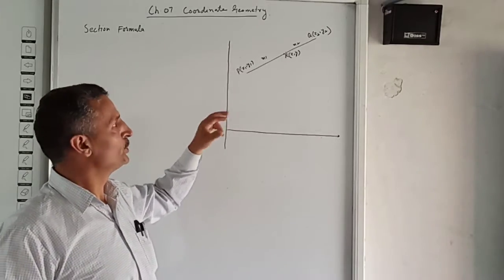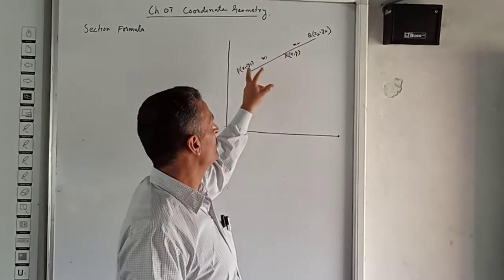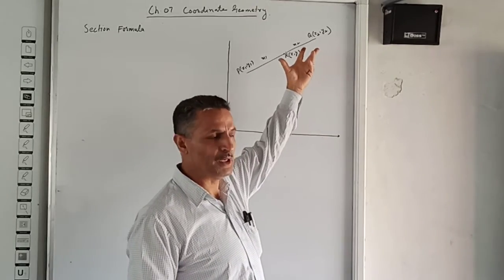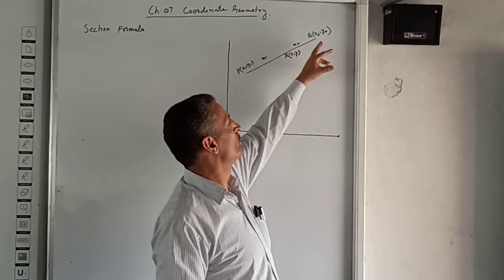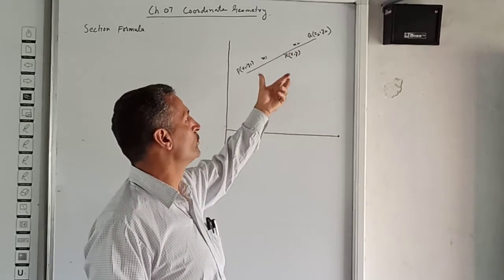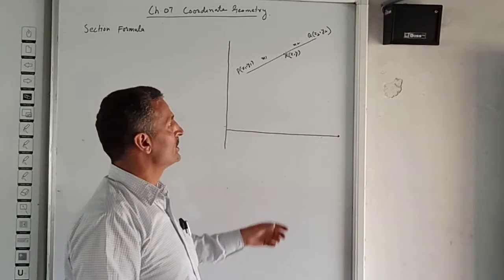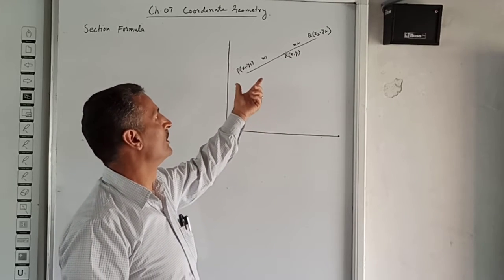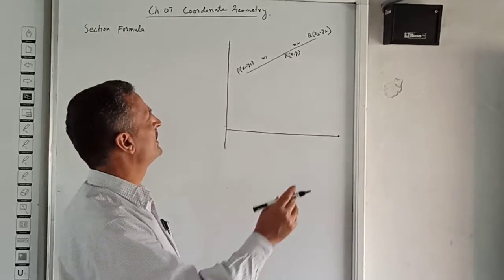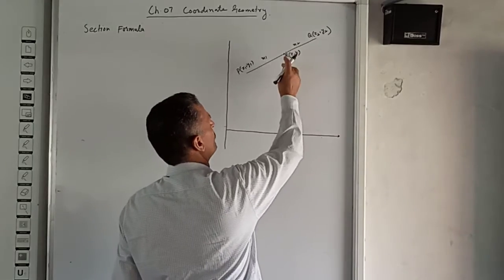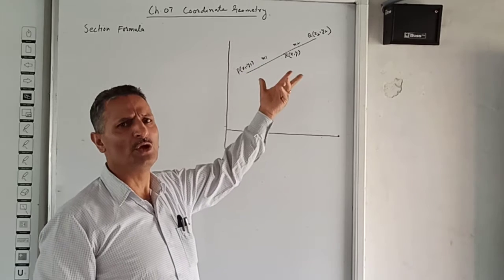What is the section formula? You know the distance formula, you know the distance between two points. P and Q are two points in a Cartesian plane. The point P is (x1, y1) and Q is (x2, y2). Now there is a point R in between P and Q which divides this PQ in some ratio. We don't know the ratio. Let the ratio be M1 is to M2.